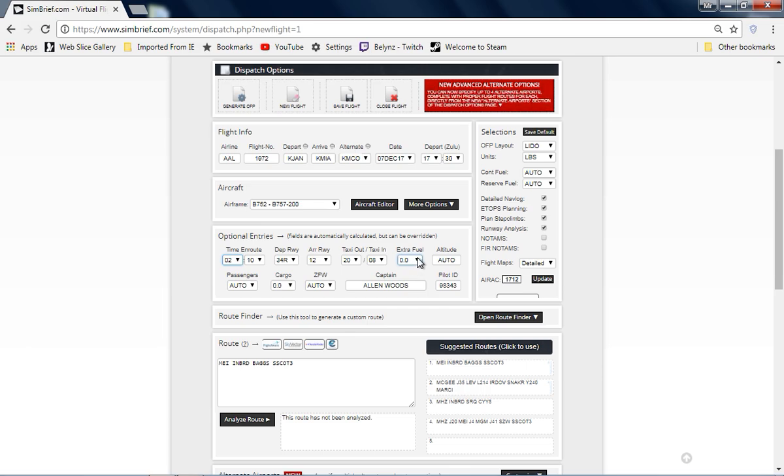Extra fuel, like I said, this is where I put my extra fuel, and I think this is 1,000 pounds or something like that. It just depends, because sometimes you might have to have a go-around or something. But if you put these here on auto, I would personally give myself another couple